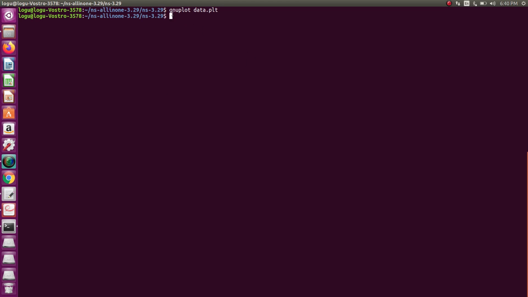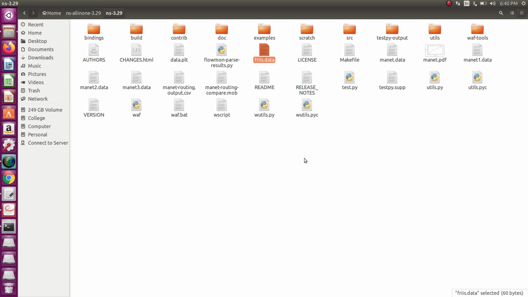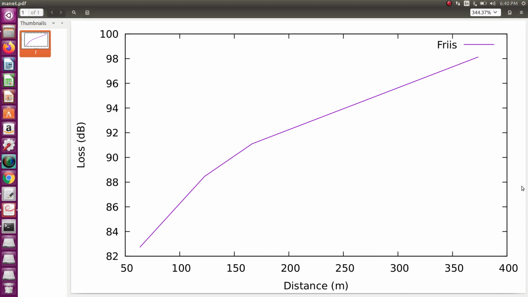Now the characteristics will be plotted. Just open the manet.pdf. So this is the distance versus loss graph. Like that you can compare different loss models as well as different protocols. What we are using here is MANET. Okay, thank you.